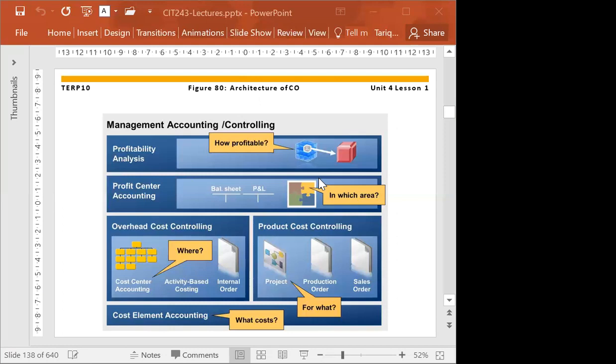And similarly, we do have assets management. Every asset has a depreciation cost, or interest we are getting on some of our investments. So those depreciation transactions or interest transactions go to the cost center. They get recorded in finance as well. So from there, it moves to management accounting.